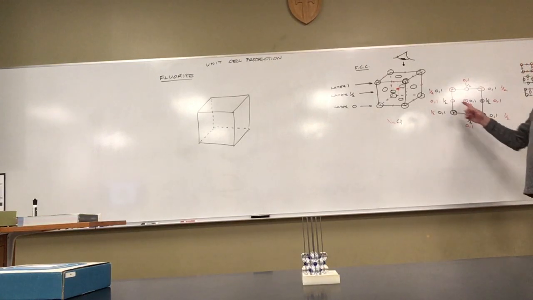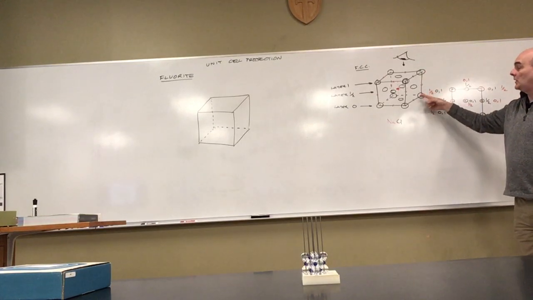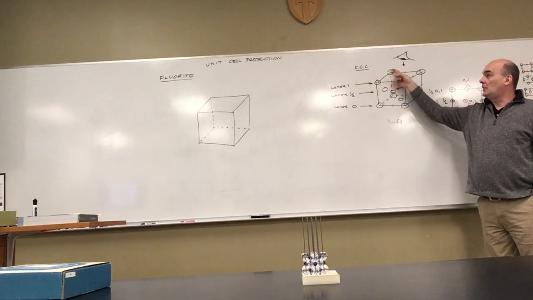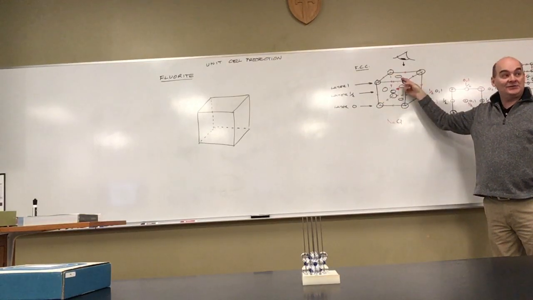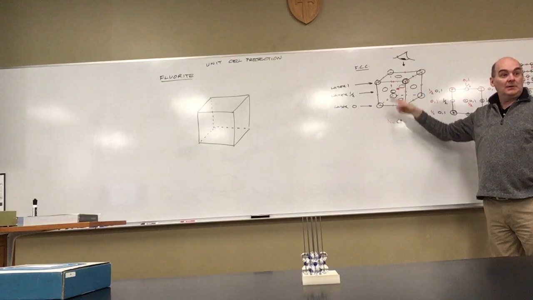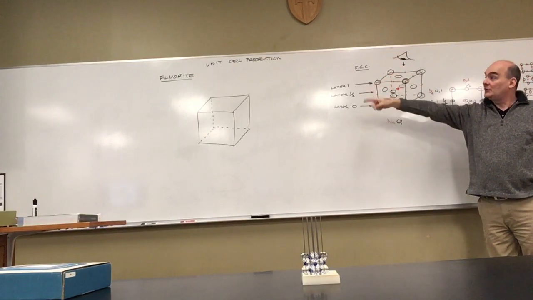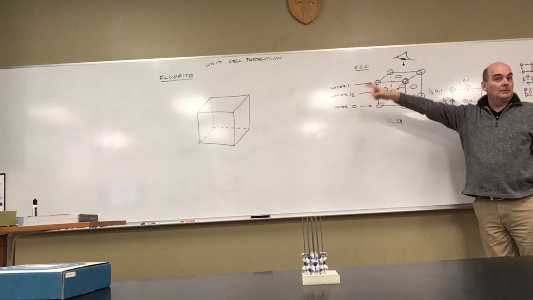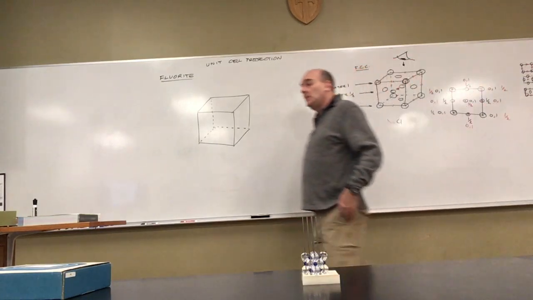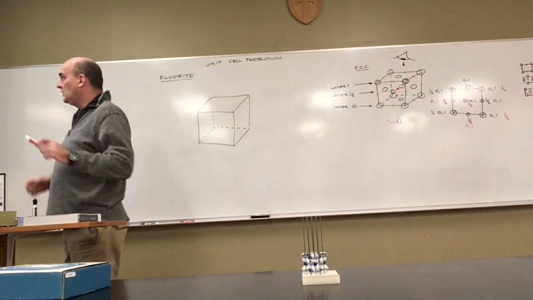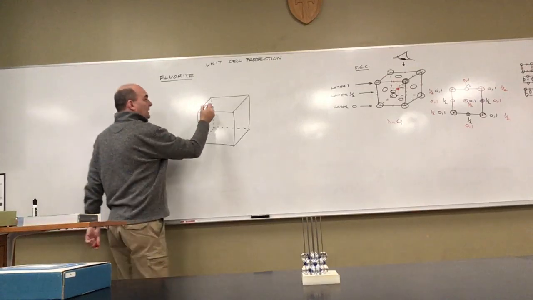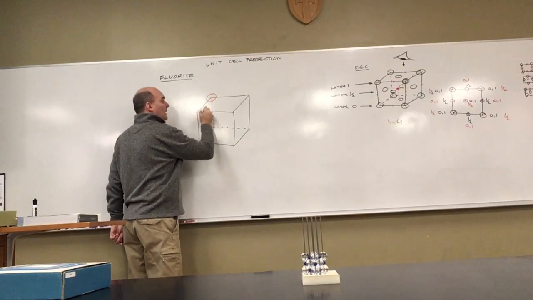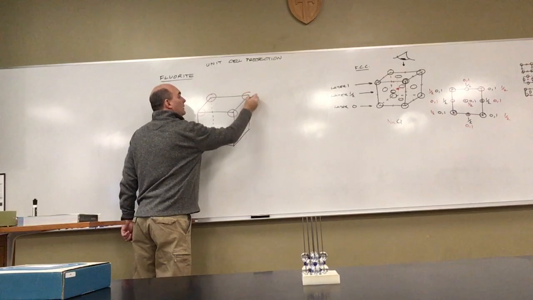Exactly where the chlorides were in sodium chloride, I now have calciums in this unit cell. So this is a face-centered cube. Fluorite is going to be a face-centered cube. Only now